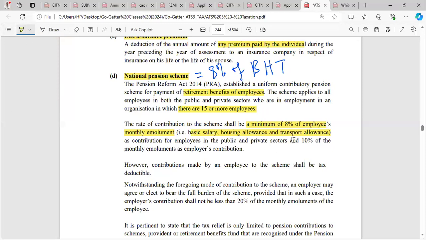Now, the private sector, for the employees, the employer will pay 10%. Okay, sorry. The rate of contribution shall be 8% of employees' monthly emolument as contribution for employees in the public sector, and private sector shall be 10% of the monthly emolument as employer's contribution. So what it means here is this: 8% is from employees,